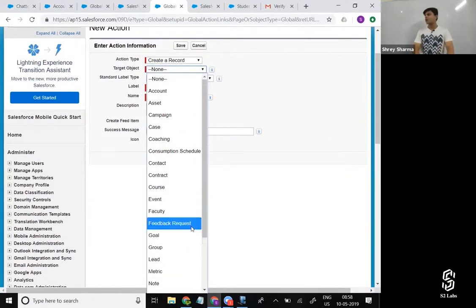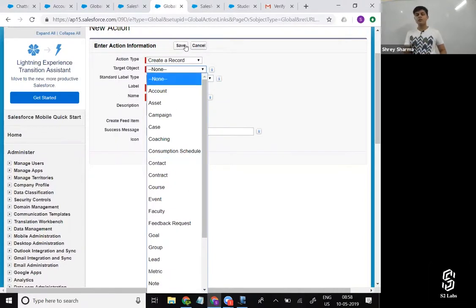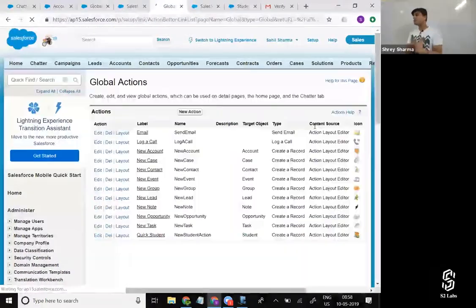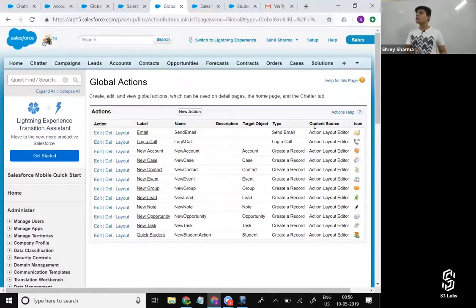Why? As a target object. Because it's a child or a detail of another object, and there's a parent-child relationship. So you cannot create global actions for the records which are on the detail side of a master detail relationship. So for that, what we need to do is create object-specific actions, which will only be available onto